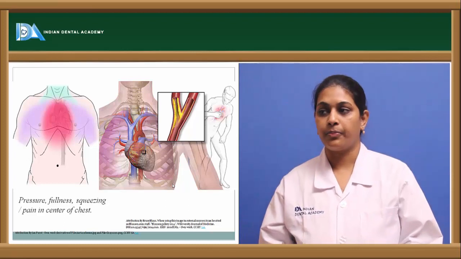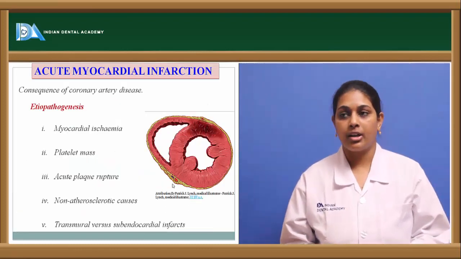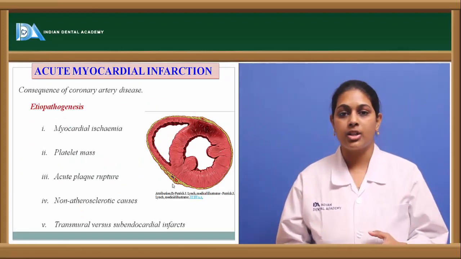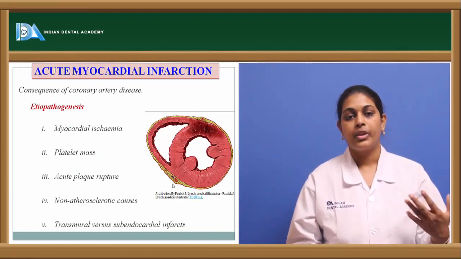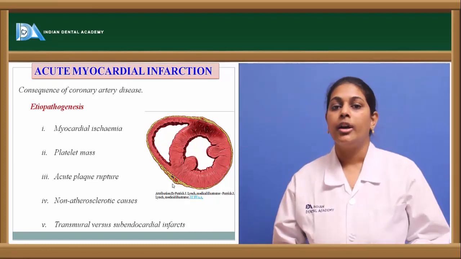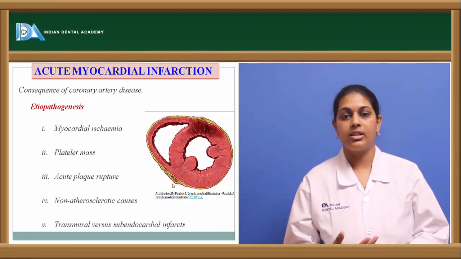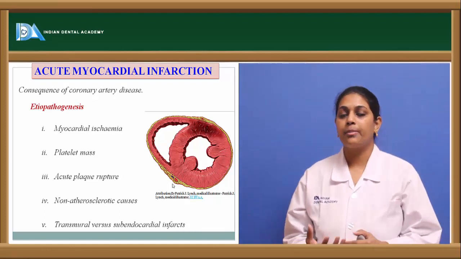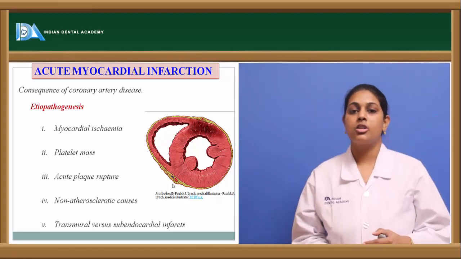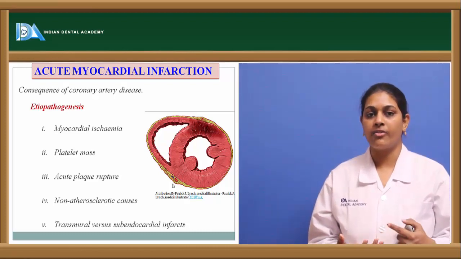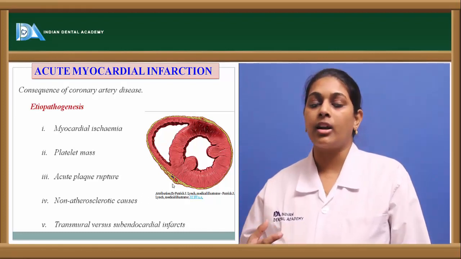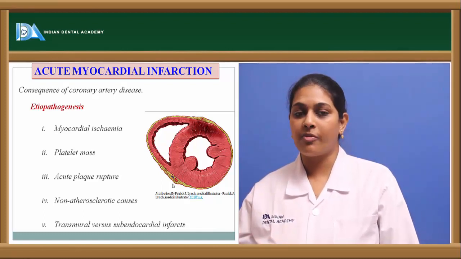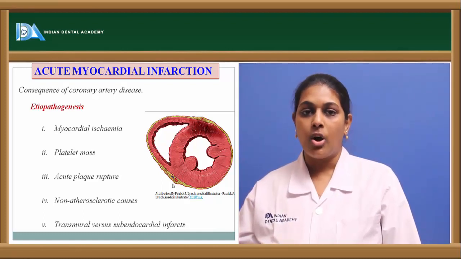which is one of the patterns of angina pectoris. Coming to acute myocardial infarction, it is usually one of the consequences of ischemic heart disease or coronary artery disease. In the etiopathogenesis, myocardial ischemia might result in acute myocardial infarction because in ischemia there's a reduced blood supply. Because of this reduced blood supply, the presence of atherosclerotic plaques might act as an infarct and result in myocardial ischemia. It could also be because of any aggregation of platelet mass,